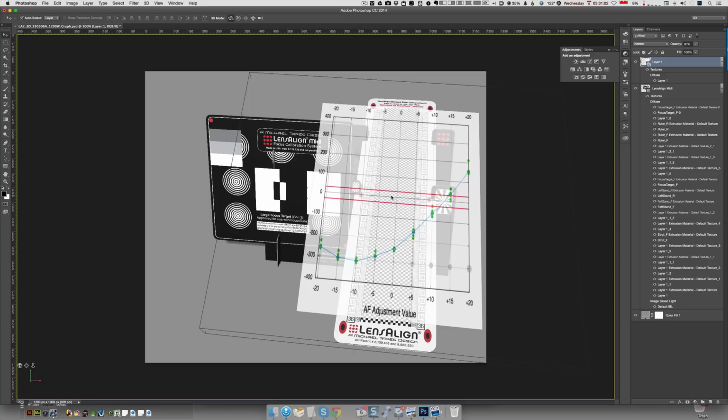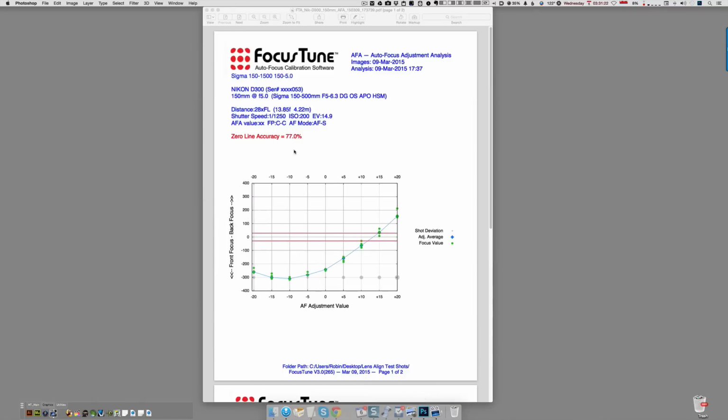Okay, so if we see the focus towards the front of the ruler, the graph would put the dots towards the front, and if towards the back of the ruler, it would be towards the back. So we're looking down on the graph. Having seen that, now let's take a look at the graph by itself. So we know that the shots on the bottom,